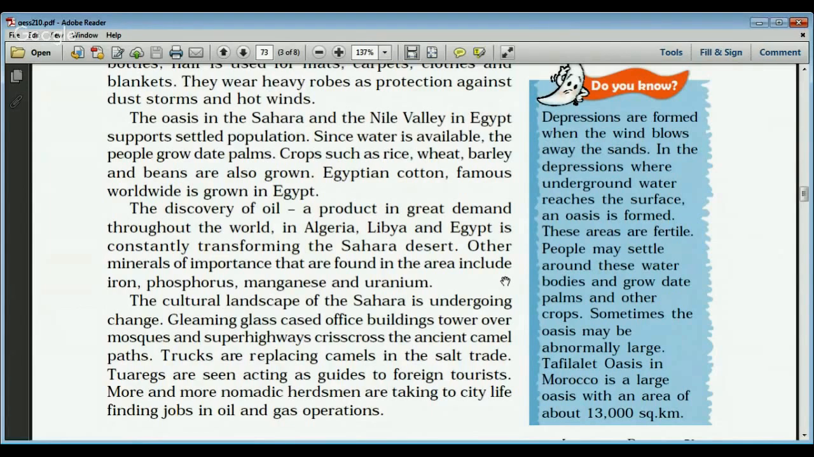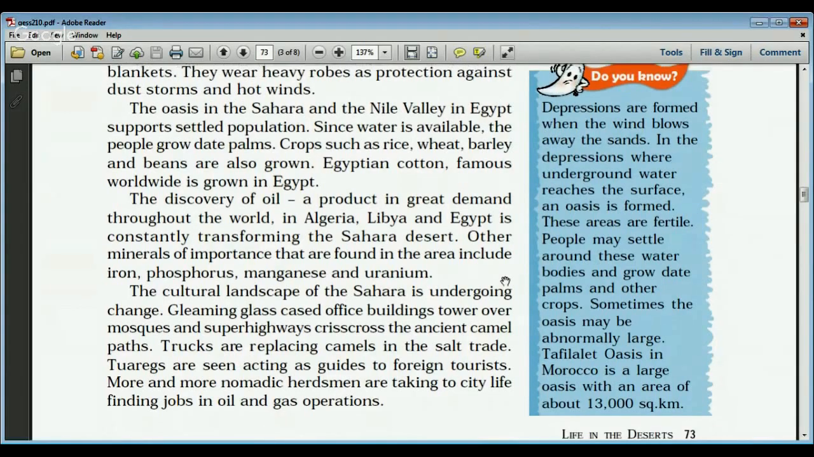And if you see, the cultural landscape of the Sahara is undergoing change because the people are adopting modern ways and modern technologies and moving towards urbanization. Gleaming glass-caused office buildings tower over mosques, and superhighways crisscross the ancient camel paths. And trucks are replacing camels in the salt trade. And some Tuaregs are also seen acting as guides to foreign tourists, and more and more nomadic herdsmen are taking to city life and finding jobs in oil and gas operations,